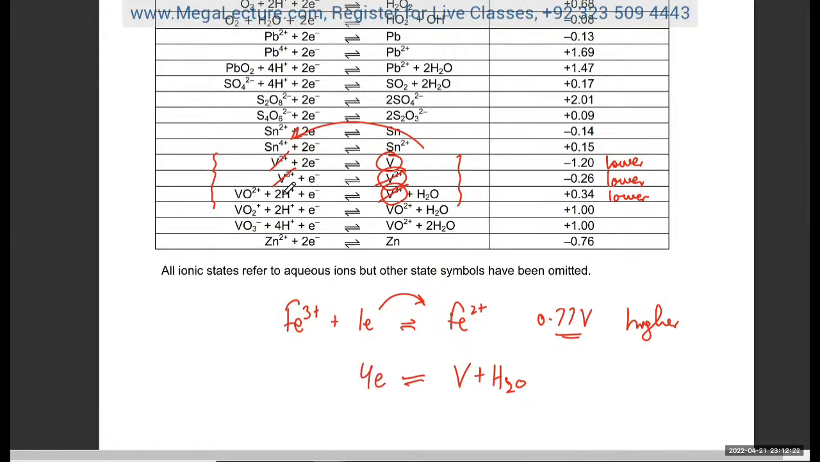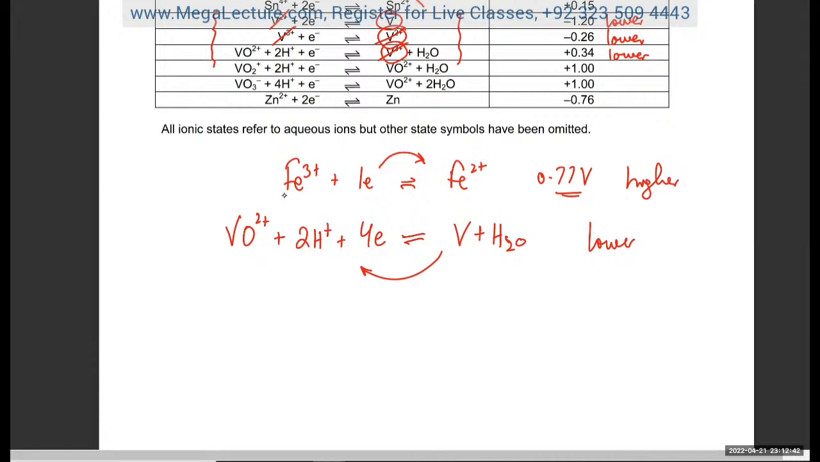Then I've got VO2+ and 2H+ on this side. And I know that these are the ones that lose electrons. In all cases, these are the lower ones. And then you're going to add them up. Now you're going to balance the electrons, so you multiply the first one by 4. So it's going to be 4 Fe3+, that's your reactant. On this side we've got vanadium as the reactant, and the product in the first one is